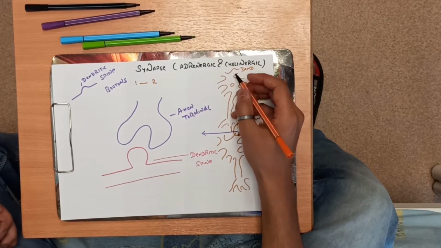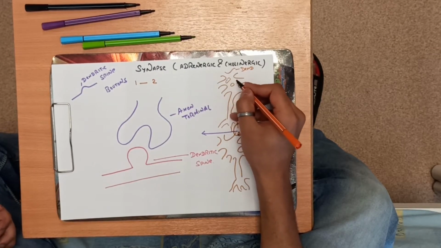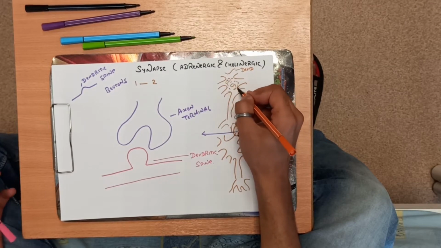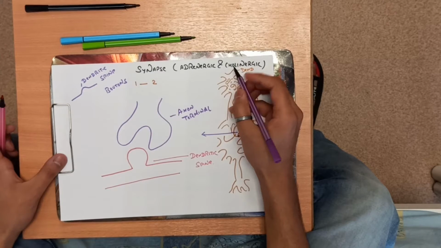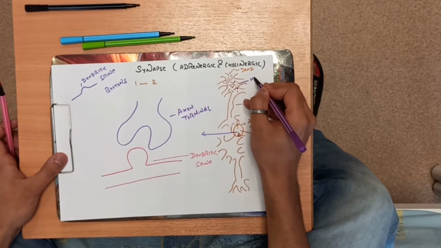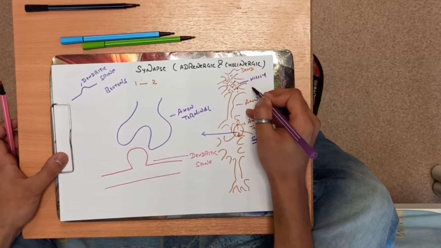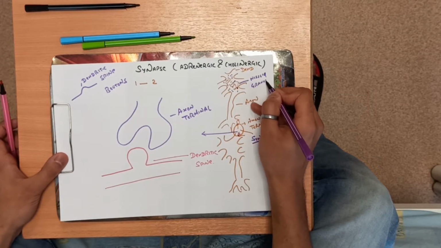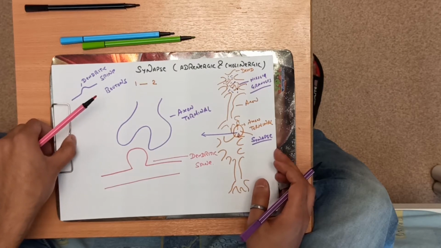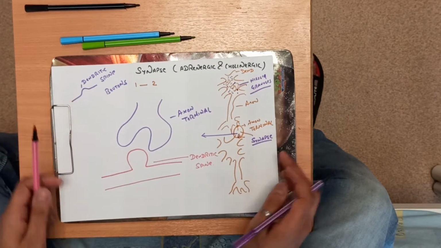As in my previous video I have told you that a neuron consists of all the organelles except the centrosome or the centriole. Here will be mitochondria, Golgi apparatus, lysosomes, and other things. And one important thing, the cell body of a neuron consists of small granules which are called Nissl granules. These Nissl granules help in the formation of enzymes which are required for the production of neurotransmitters.